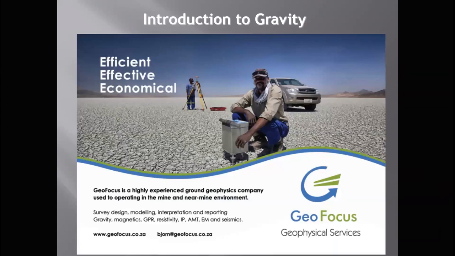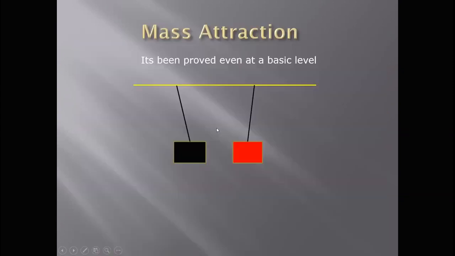Just going to move on to some gravity quickly. Essentially, gravity plays a big role in diamond exploration simply because when we're in a magnetic background, gravity or EM is our next call to how can we spot a kimberlite. We use a differential GPS usually, and we use a Scintrex gravimeter that looks something like that. Basically it works on the principle that two masses attract each other. Essentially the mass of rock beneath the gravimeter attracts a mass within the gravimeter, which is sitting inside a vacuum,